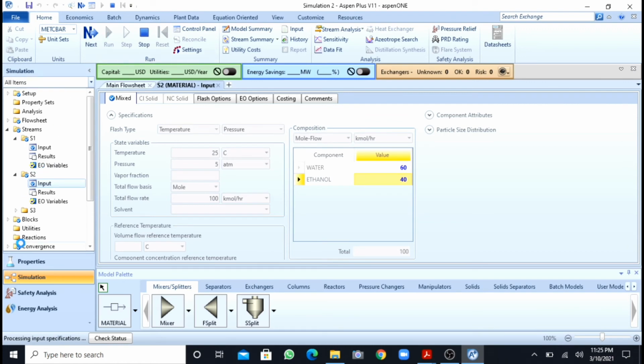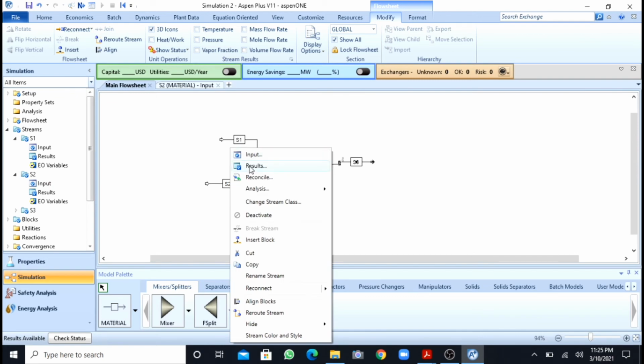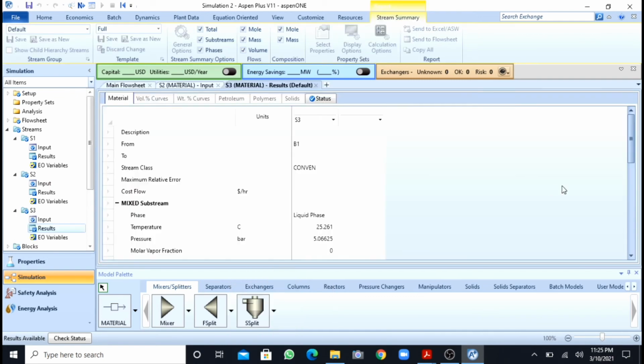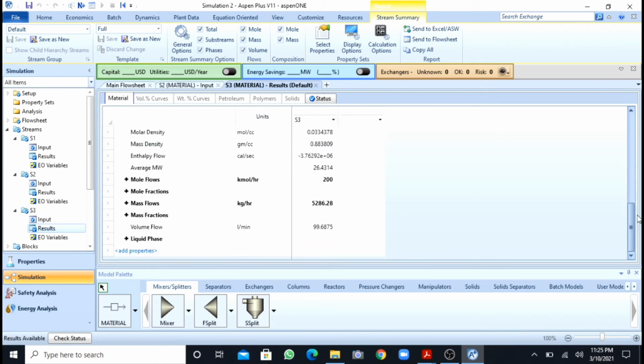So you can see that my results are available. I will go to the main flowsheet and right click to see my results. Here in the problem statement we were asked to find the molar flow rate.